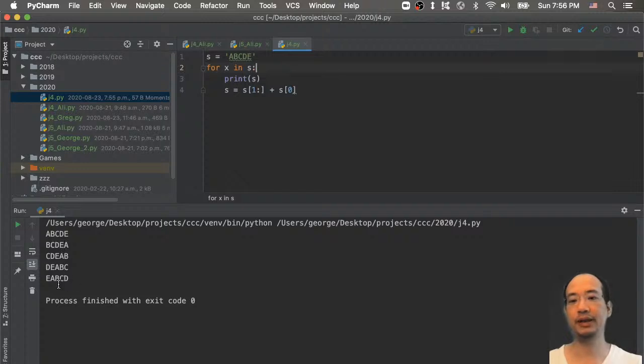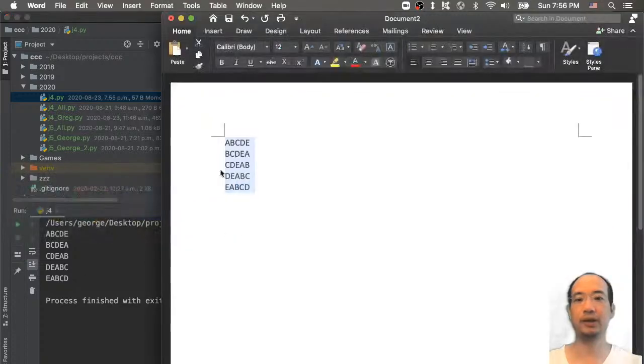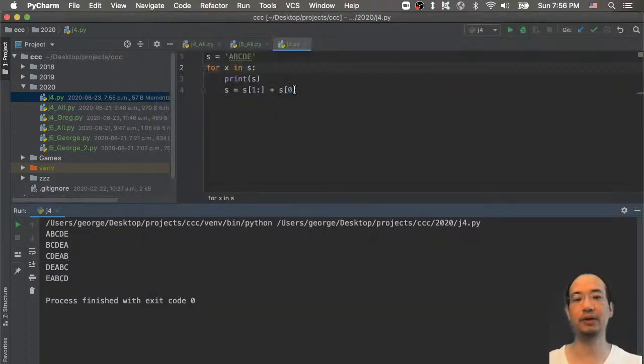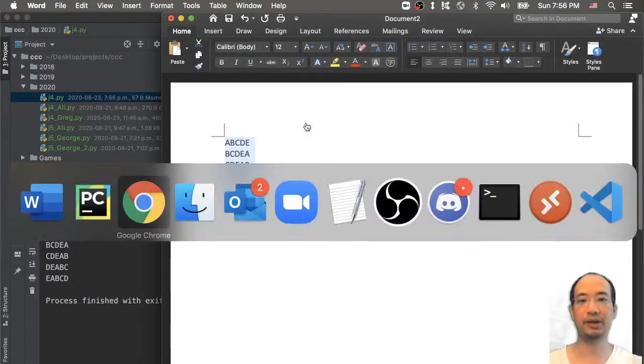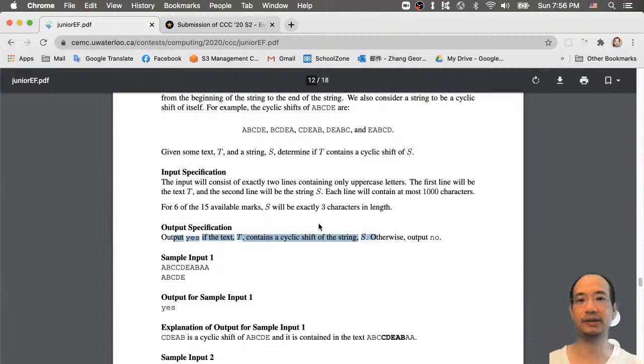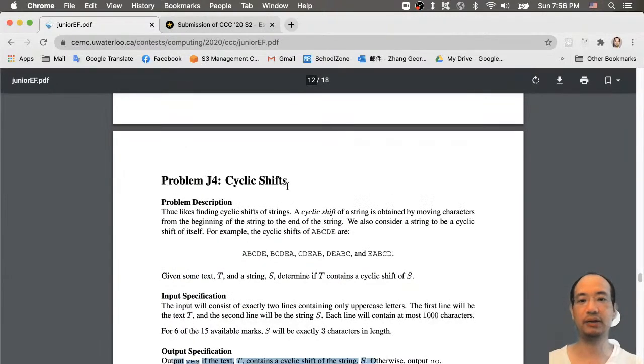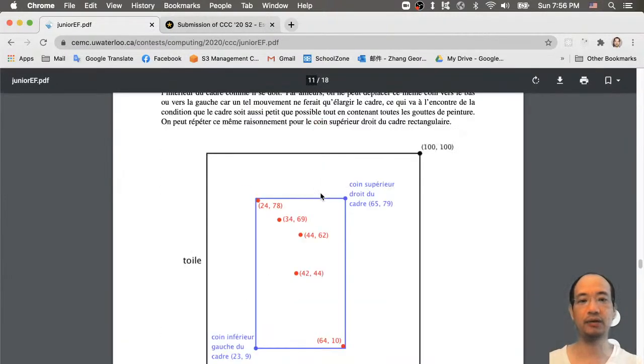B, C, D, E, A, or you have all of them, like what we did over here, 1 to 5 of them, so 5 of them, and that's how you get what they call the cyclic shifts. Okay,